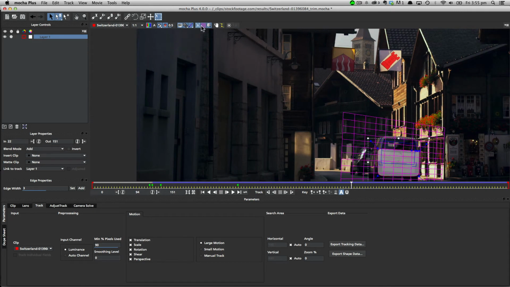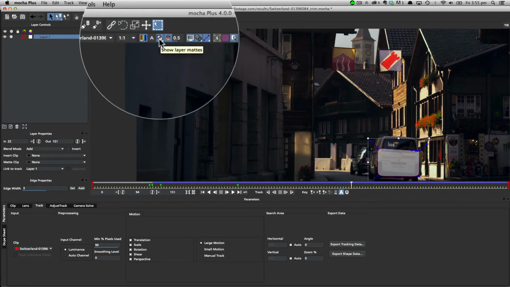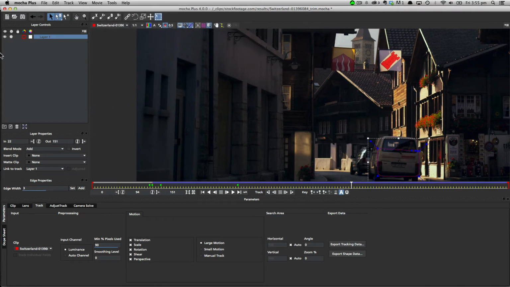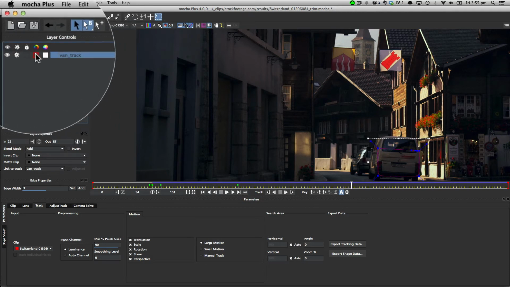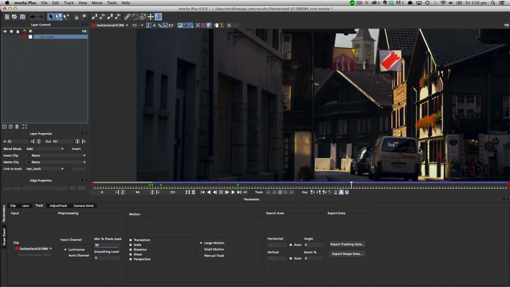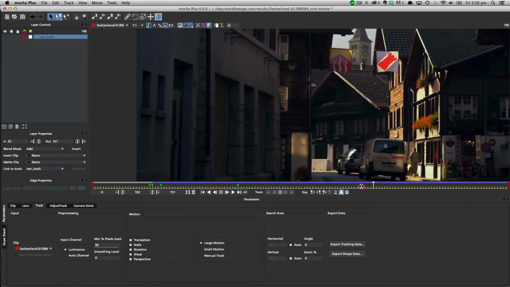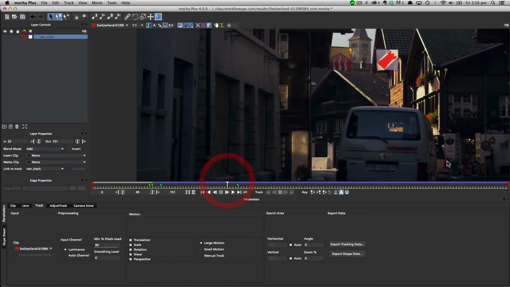So let's just turn off our grid and our surface, and I'm going to actually turn off the mat for my layer, and I'm going to call this one van_track. And let's just turn off its tracking cog so that we don't track anymore. And I'm actually going to turn it off completely in visibility so that we don't have to look at it anymore. So once we've actually done all of our tracking data, now all we need to do is the actual